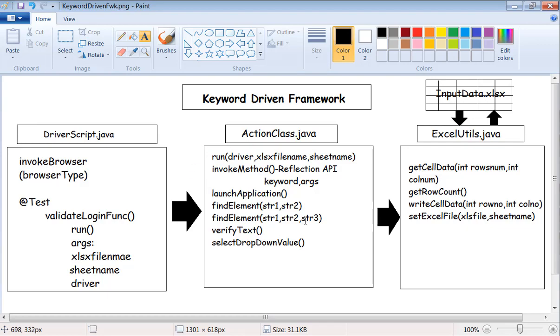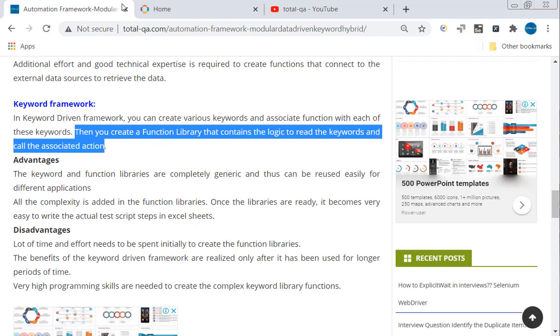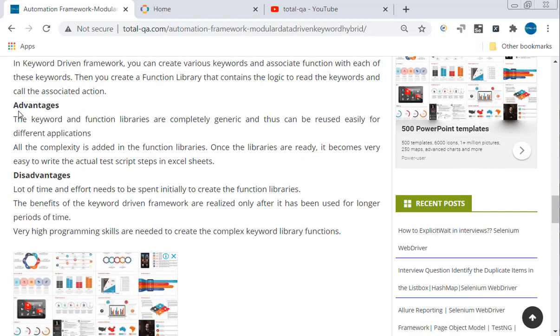You can refer to this, download the code, try to implement it as part of the framework and use it in your project. And when you are trying to attend interviews, you can try to explain at a high level about these 3 classes and talk about each and every class, which will help you to clear the interviews on keyword driven framework also. And also the advantages and disadvantages are explained in the blog here.